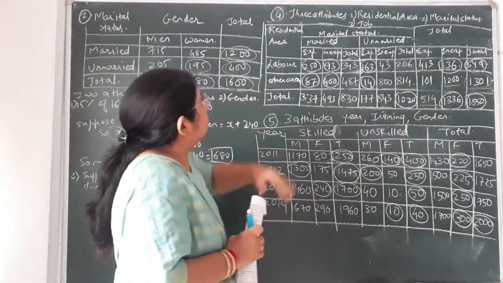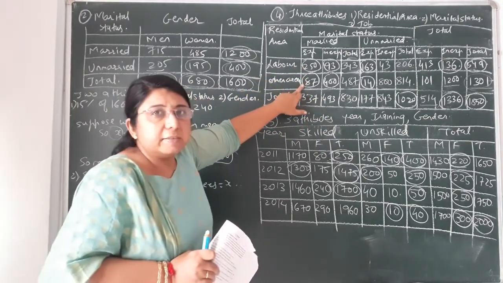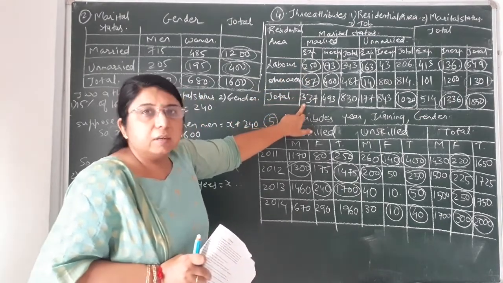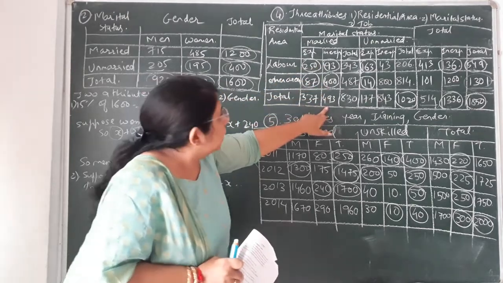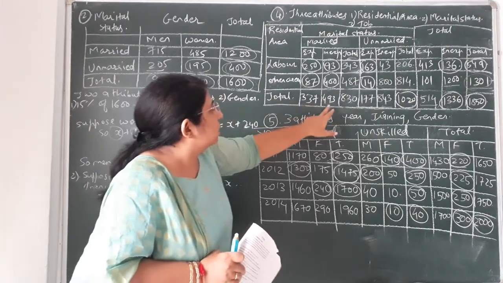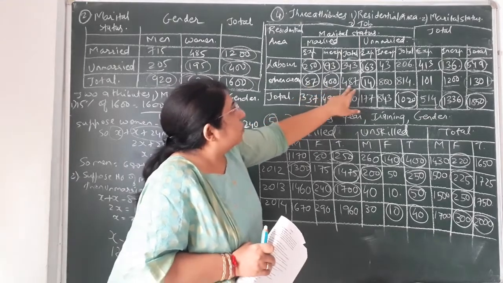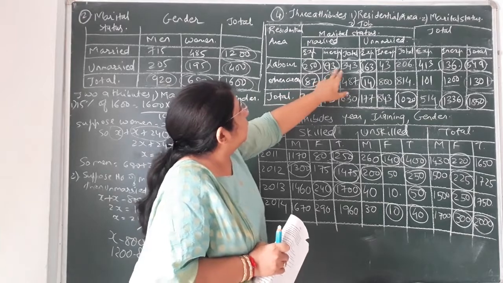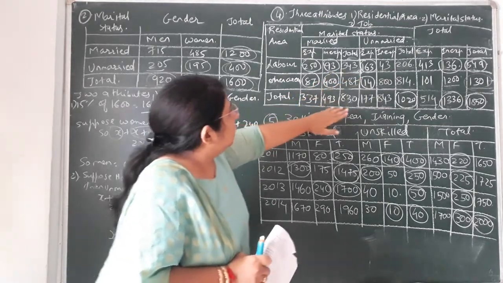Now verifying the table of married. In case of married, you can see 250 and 87. These two data have been given to you in the question. So 250 plus 87, you will get the total, that is 337. Over here also 400 plus 93, you will get 493. Now how to find this value? That is very easy. You will do the total of these two values, 337 plus 493, you will get 830. In the same way, 87 plus 400, you will get 487. And over here also 250 plus 93 you will do, then you will get 343. So we have cleared the table of married.